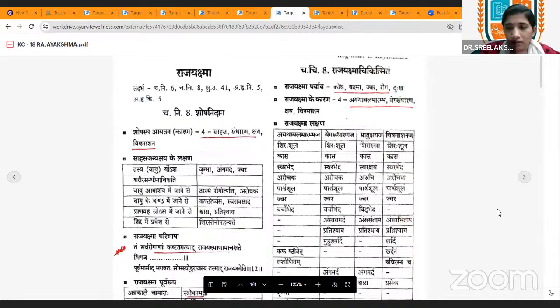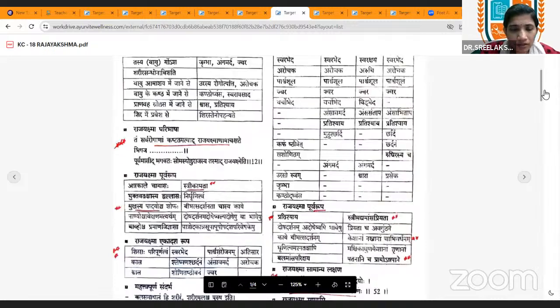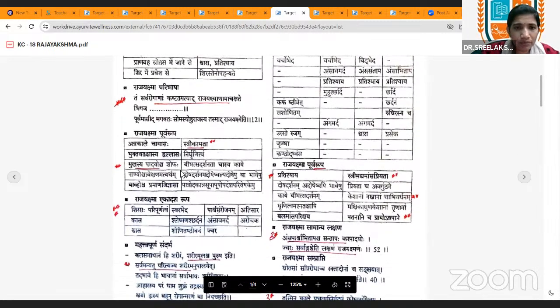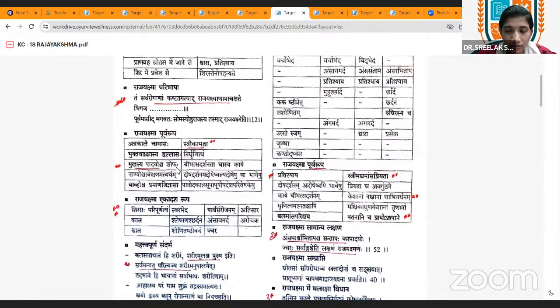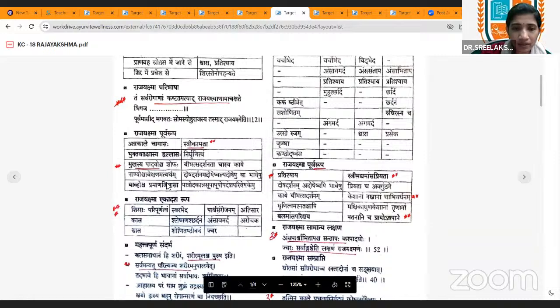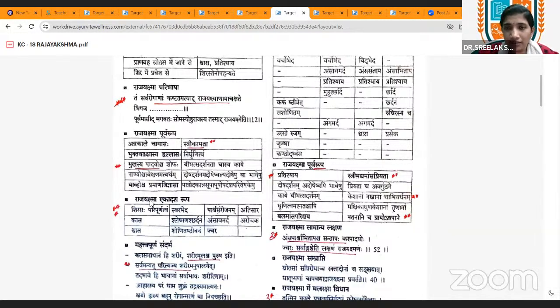And coming to the Purva Rupa, you have to remember: Mukhasya Padayoscha Shopha. In Udara, in Samanya Nidana of Udara, mainly edema can be seen on the foot and hands. But in Purva Rupa of Rajyakshma, Mukha and Pada Shopha is present. That is important. And you have to study the Ekadasha Rupa, Shad Rupa, and Tri Rupa of the Rajyakshma. That is very important.